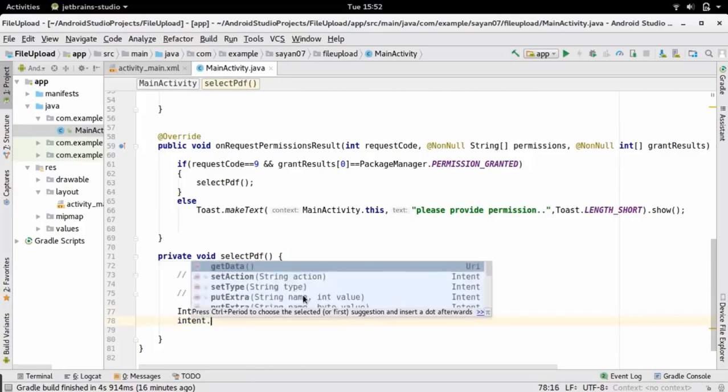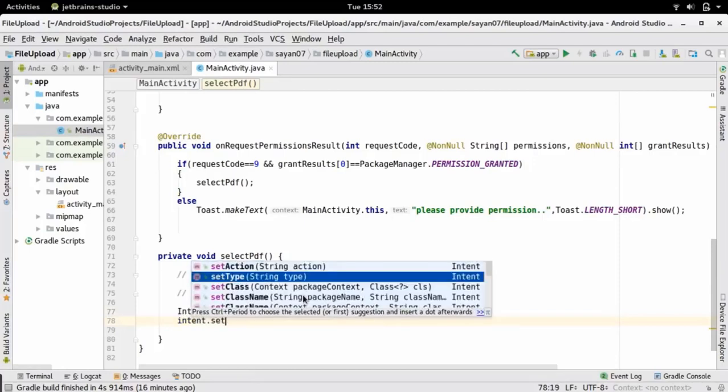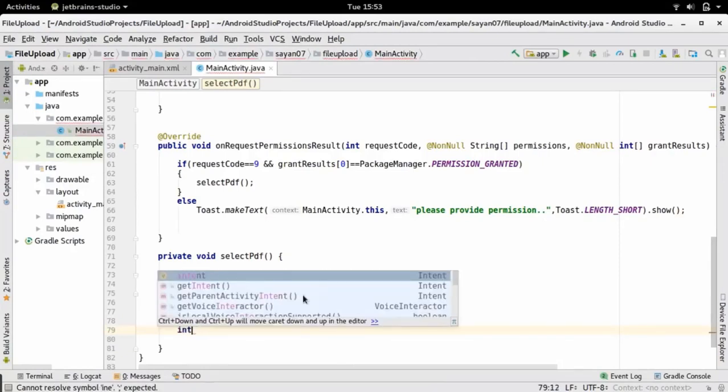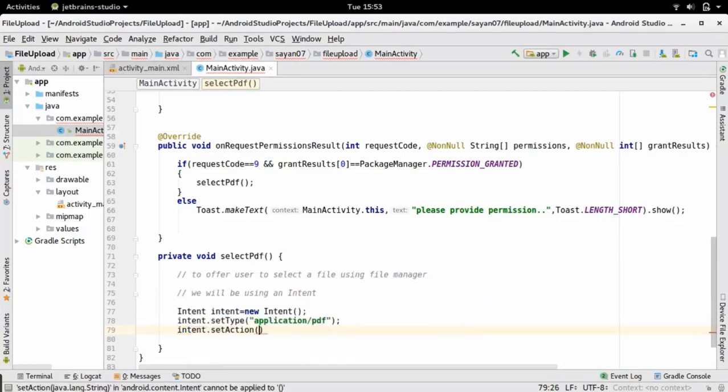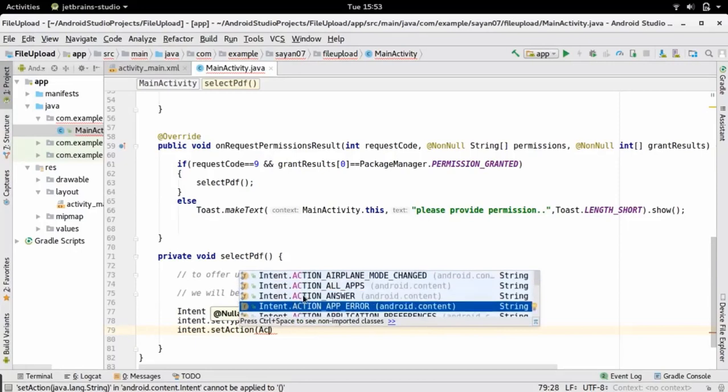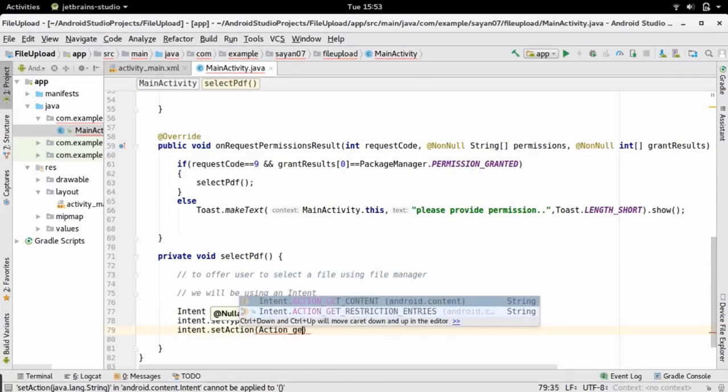First I am going to set the type as PDF. This denotes that our intent is targeted for PDF files. Now we'll set another property, intent.setAction, and provide it ACTION_GET_CONTENT.